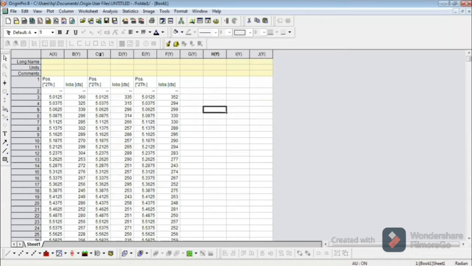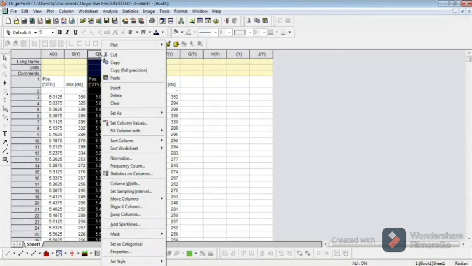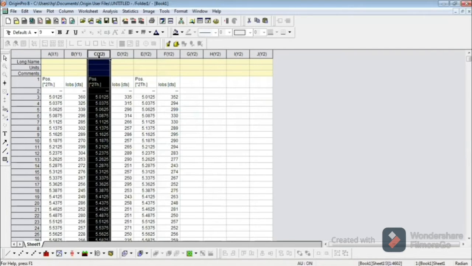Now what I will do, I right click here, then set as, and then set as x. I want to assign this column as the x-axis. Now this is x2 and this is y2. Now the fifth column, E, is also y2, but it should be the position along the x-axis. So I also assign this as the x-axis.